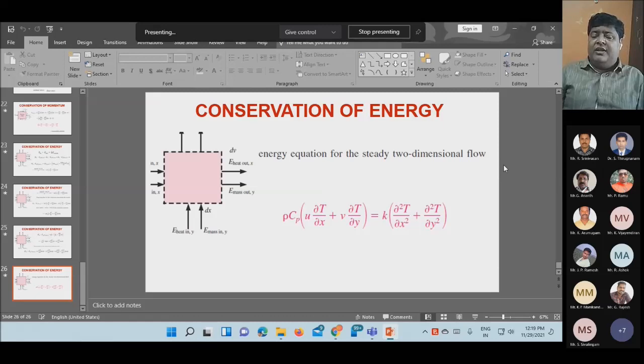Suppose you get a length of 3 meters, and you already know the length of the plate is 5 meters, so up to 3 meters it is laminar, and beyond 3 meters it is turbulent. So for the first 3 meters use laminar equations, and beyond 3 meters use turbulent equations. Suppose x_cr is 6 meters. Only beyond 6 meters will the flow change into turbulent. Up to 6 meters it will be laminar, but your length of the plate is 5 meters, so your entire flow is laminar. So you use only laminar correlations.